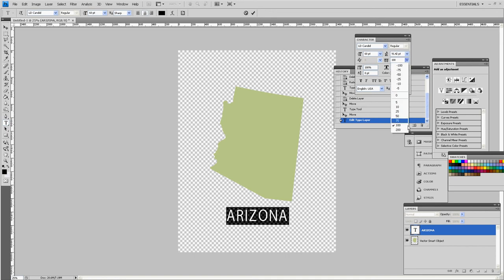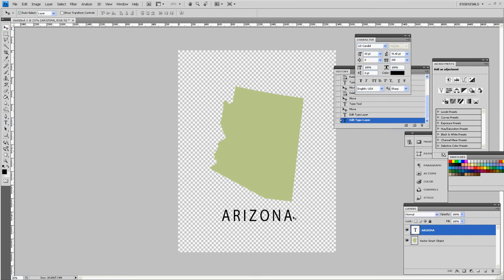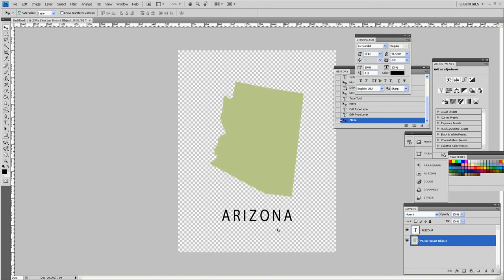And you can play with the spacing if you want as well while you have it selected. I right now have it spaced at 100. You can do 200. You can do 0 spacing, but I actually think I like the 200 the best. So I'm not going to change the color quite yet because we have to put it in our paper, and I'm going to make it match the paper. I'm going to move this state up just a hair,